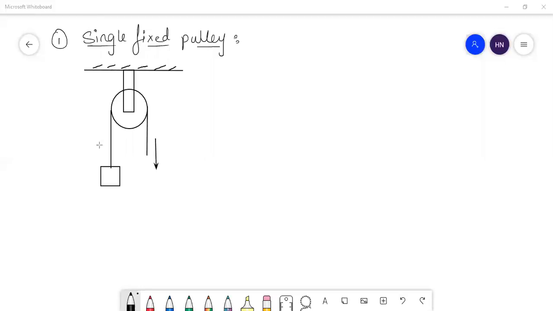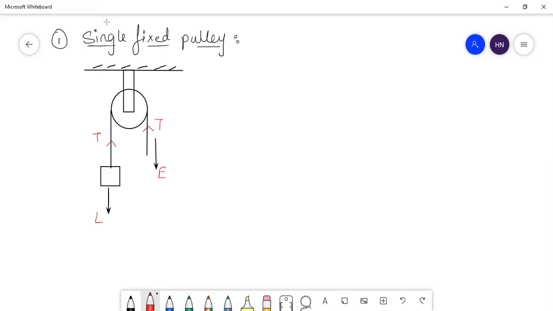And on the other side, the load is also experiencing its weight, nothing but L. If I talk about the tensions in the strings, here this will be the tension T, here will be the tension T, and this is your effort E which will be applied. This will be the load L to pull it.